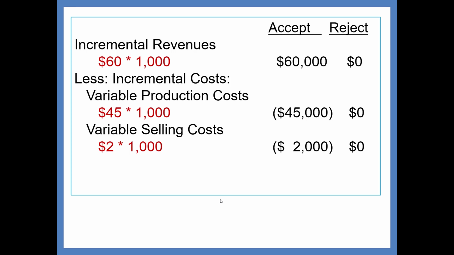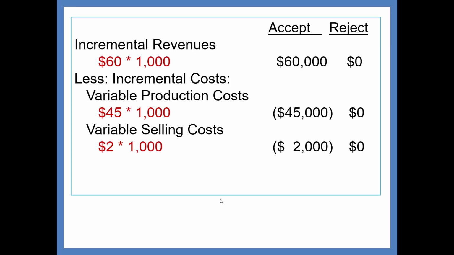Now, this is one place they may have said something like a salesman was not involved in the order, and the company policy is that we do not pay sales commission on those orders. If that were stated in the problem, then perhaps this variable selling cost would not be incurred. But in the absence of something like that, you have to assume the variable cost will continue to be incurred